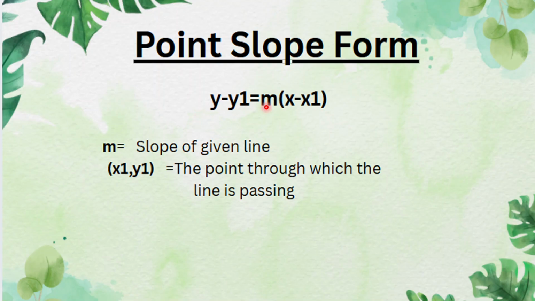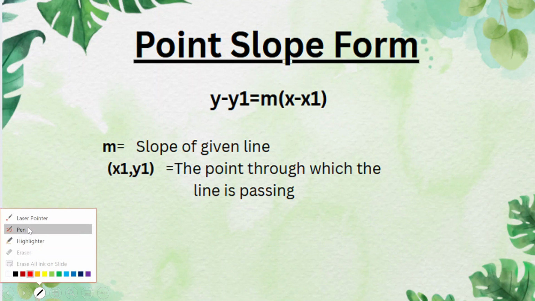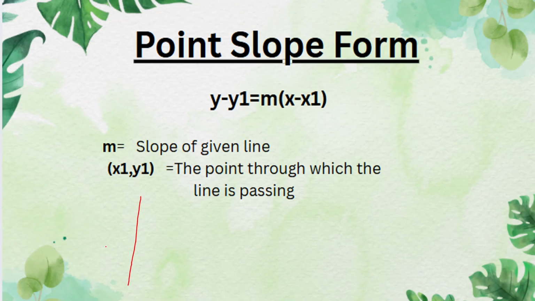As their highest power is 1, so they represent the homogeneous linear equations. This homogeneous linear equation actually represents the straight line. Let us discuss it from different cases. If we are given any line, in this case we are told the slope of our given line and any point which is lying on the line, so we can easily calculate its equation. Its equation will be any linear equation in variables x and y.